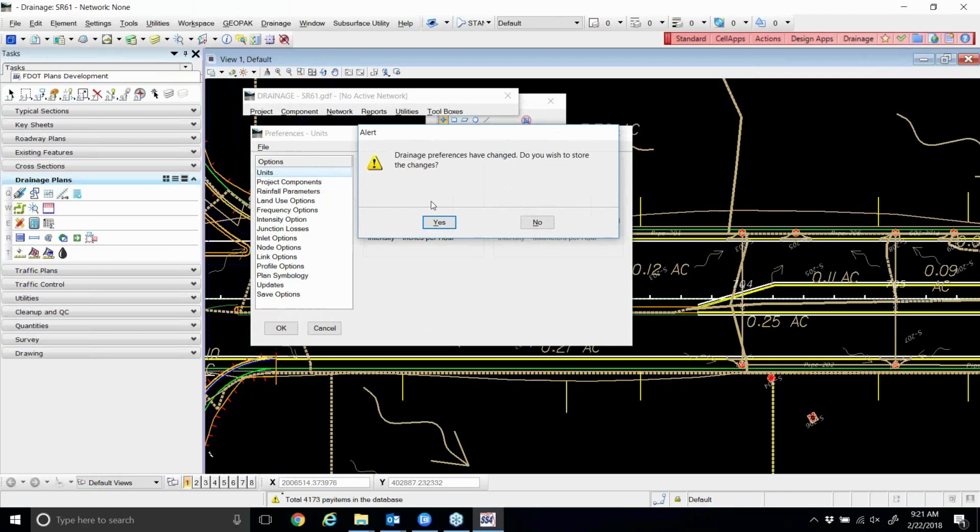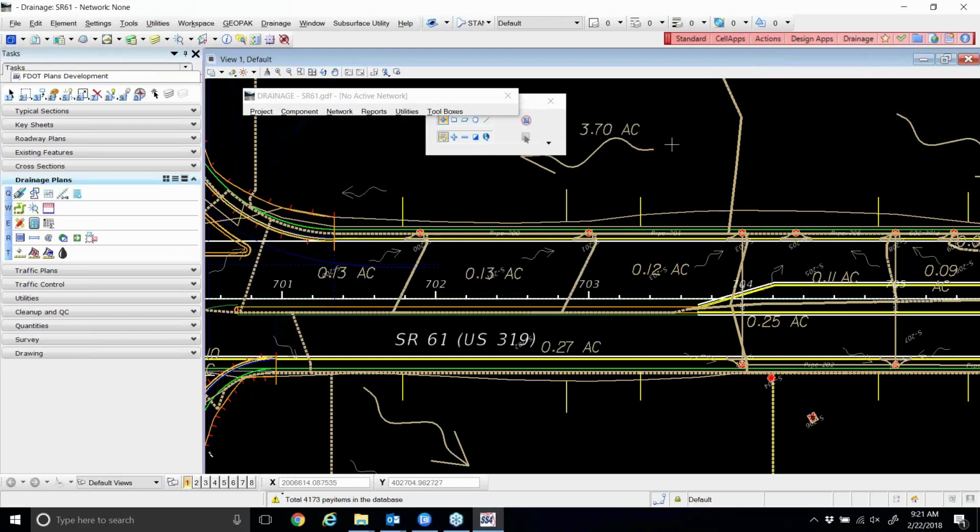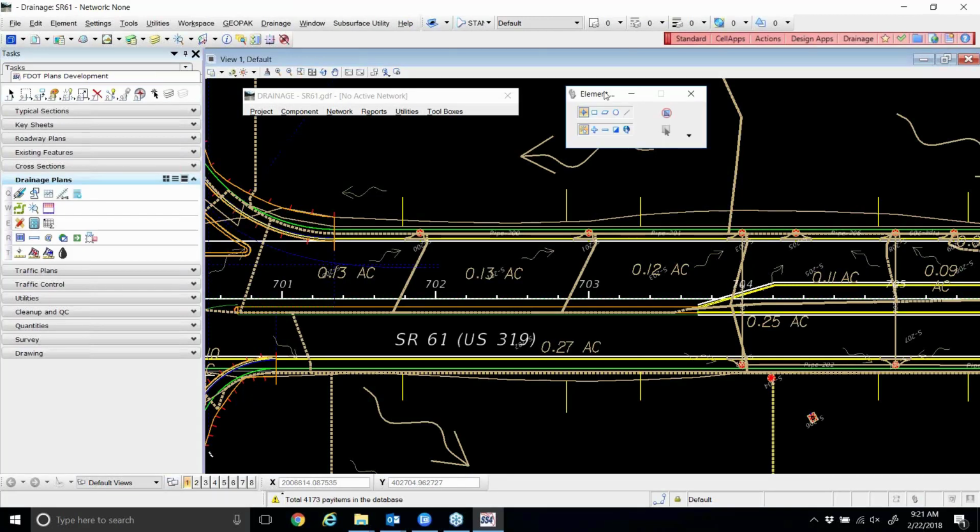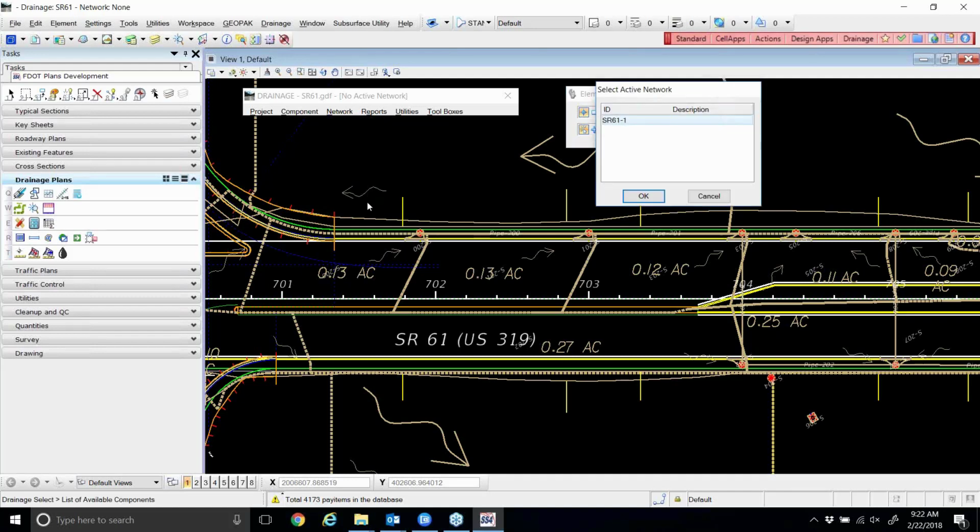So on the drainage profiles, this is going to let us plot a profile between any two nodes in our project. So it's going to let us pick a from node and a to node. And then whatever other nodes it happens to go through that are interconnected between that from node and the to node, those are also going to show up on the profile. So back to what we were doing just a few moments ago with the network analysis, I'll go ahead and set the active network to our